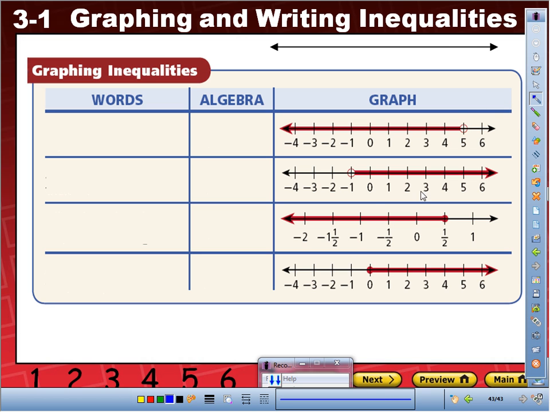The only thing now, to become like that, you probably did this on your paper. You did, let's see, it's 0, and then you did the dash, and then you circled it. You didn't bubble it in, is that correct? And then you shaded all this. And then at the end, you pointed an arrow going that way because that's how it was shaded. Is that correct? Okay. I just want to make sure that I showed you what is happening here. Okay? So here we go. With that said,